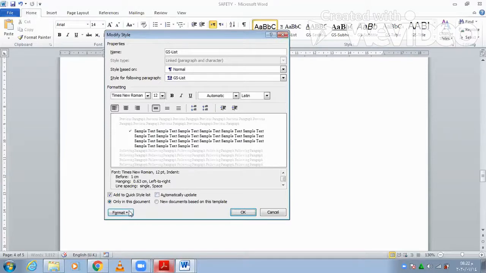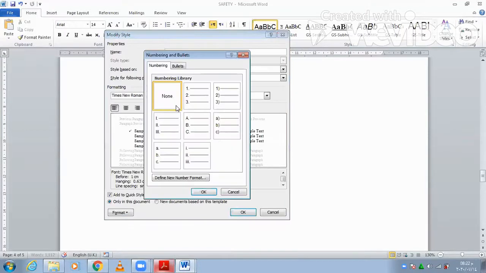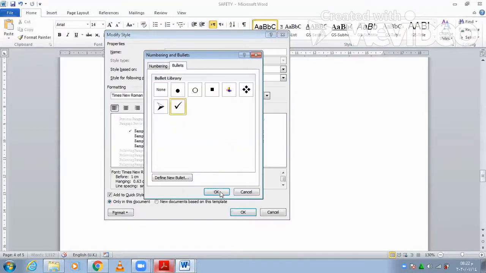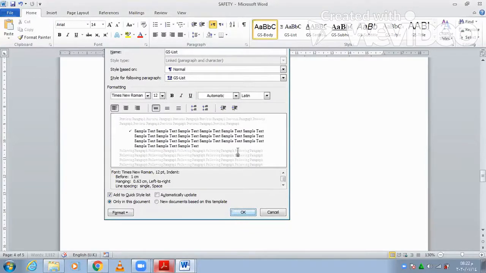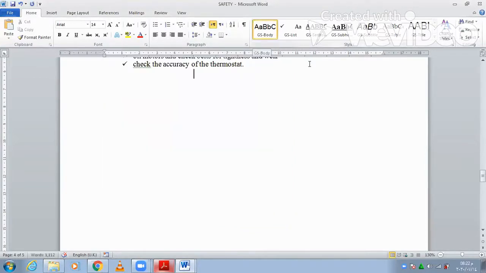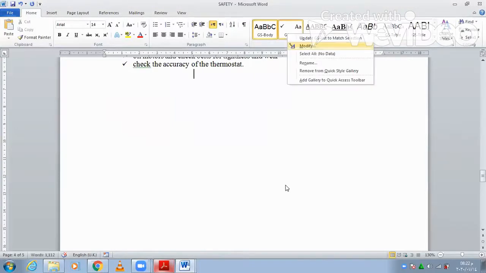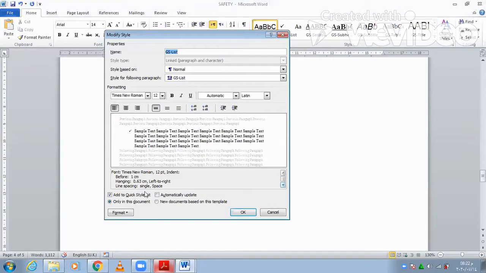So just click here, bullet numbering, bullet, and just choose from here, tick, okay. Sorry, I just need to take a screenshot here, and this one was a list. You see here the information is clearly